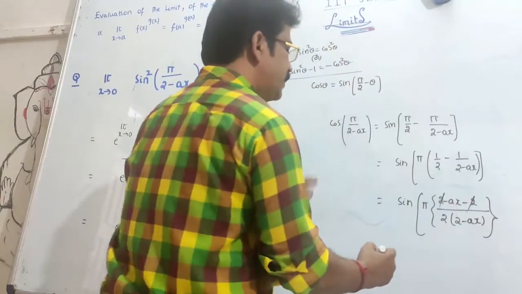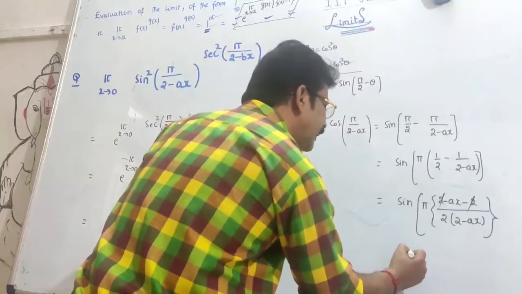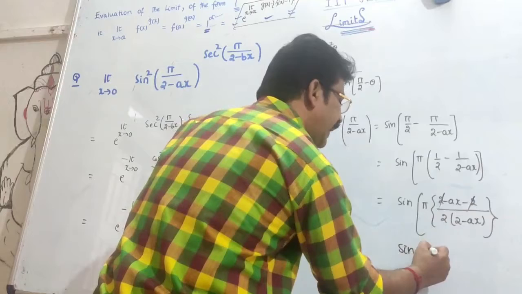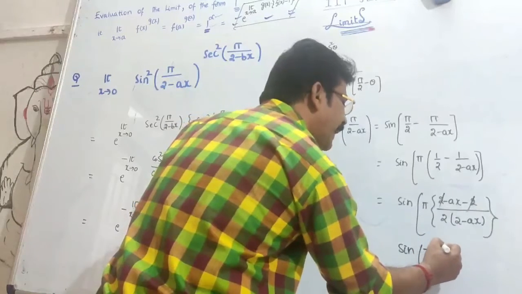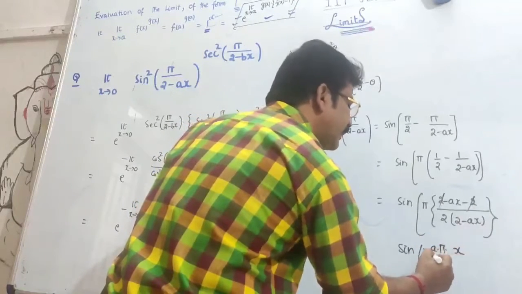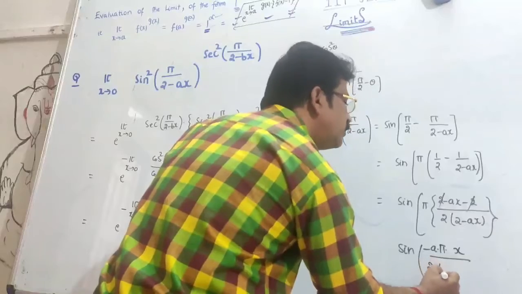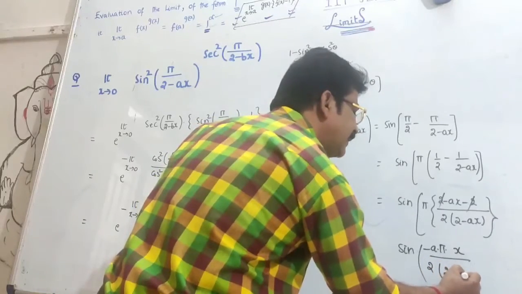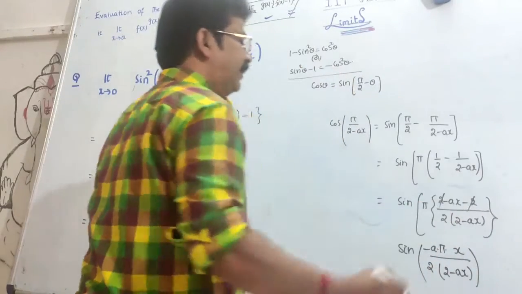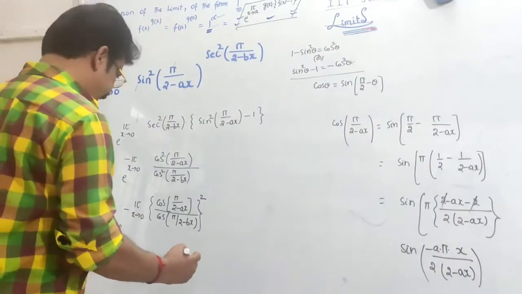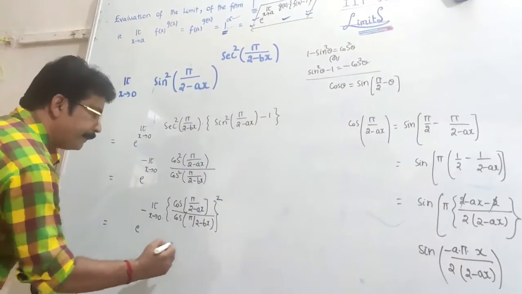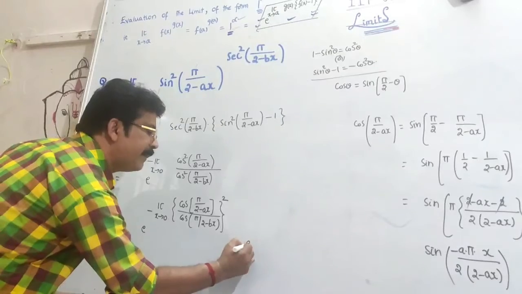Okay, minus 2 plus 2 cancel, it remains only sin of minus a pi x divided by 2 into 2 minus ax. So therefore I will write here, that is equal to e power